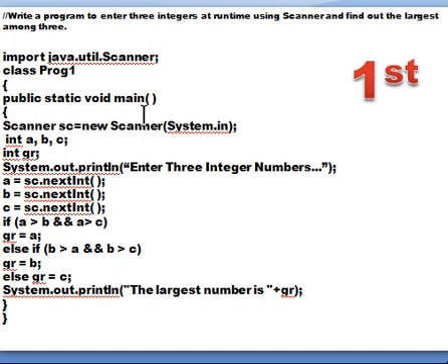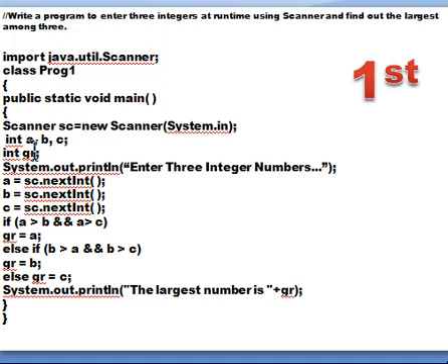The first statement inside the main method is to create an object of the Scanner class. How to do it? The syntax of creating an object of any class is the same. You write the class name followed by the object name equal to, we use the new keyword, then the class name again, and we write System.in within the parenthesis. As we are going to take the input, you can understand .in as the input. So how am I doing it? It is Scanner as the class name, sc, the first two letters, as the object name. You can take any appropriate name for the object, equal to new Scanner(System.in) within the parenthesis and a semicolon. So in this statement we created an object of the Scanner class.